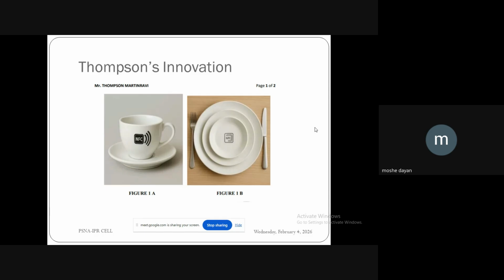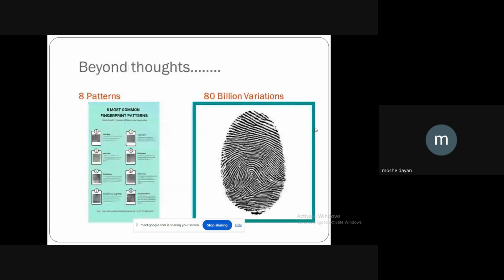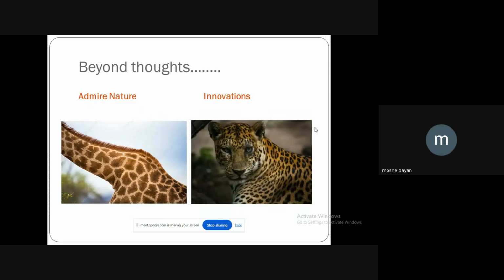So this idea was innovative, but business methods as per Section 3 cannot be patented. But for this particular technology, he said, because this technology is already available, but he wanted to use it universally, even for bags, even for cutleries, even for different kind of plates. He wanted to expand the scope of his innovation, for which we filed a patent recently. So these are some little innovations. Okay, so if you want to get an innovation, you have to get inspiration.